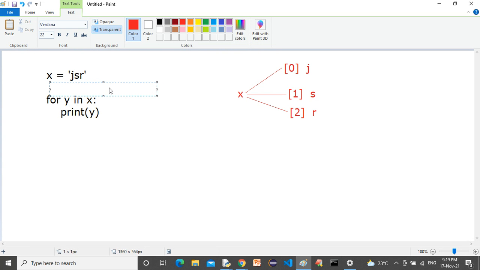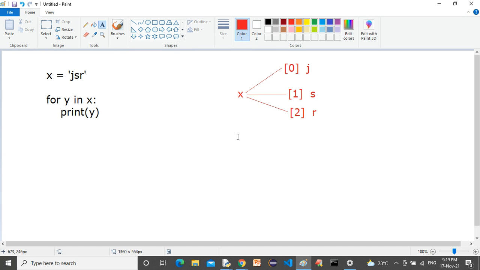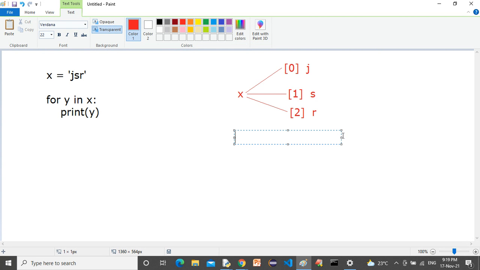Now, how does it look internally when rotating? Listen. Internally, it is asking a question. How is it rotating? How does the condition become true? Listen carefully. Internally, it is asking a question: does X have more values or not?